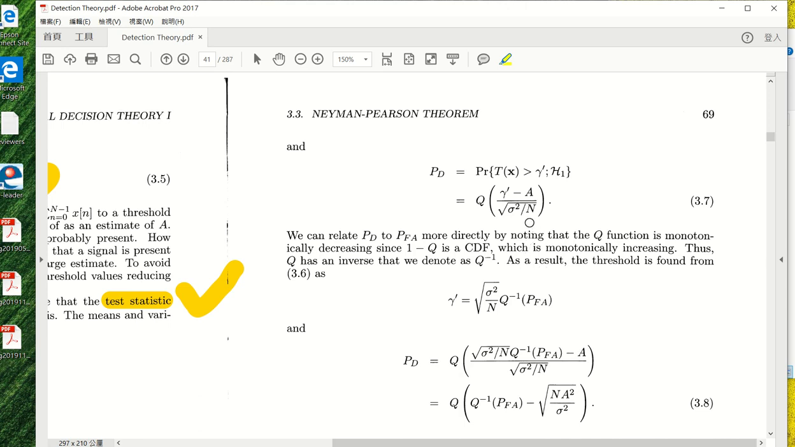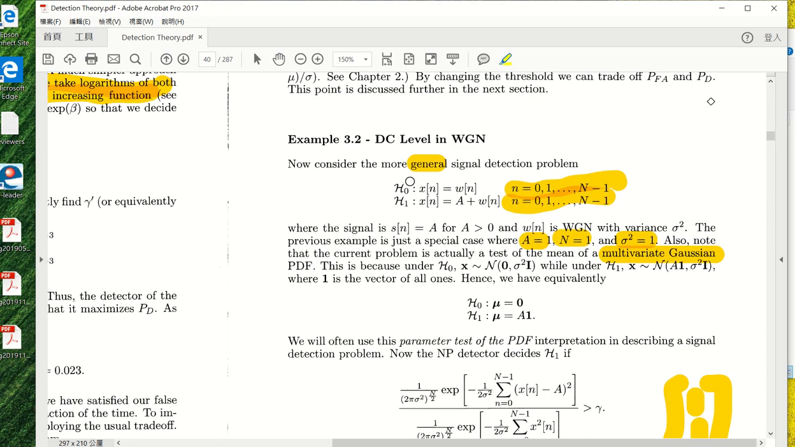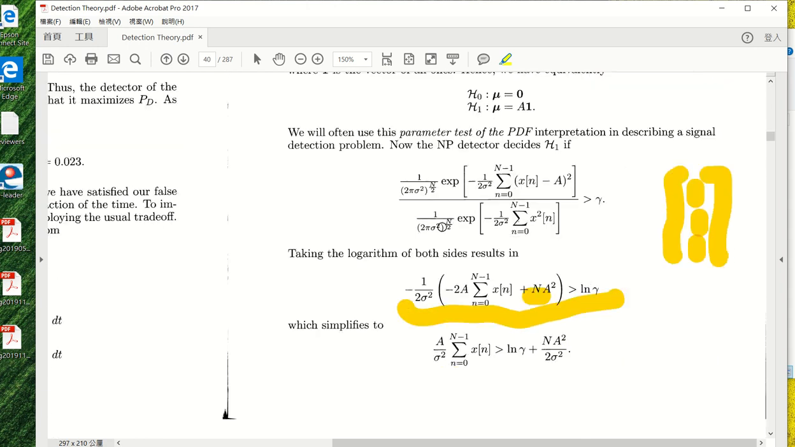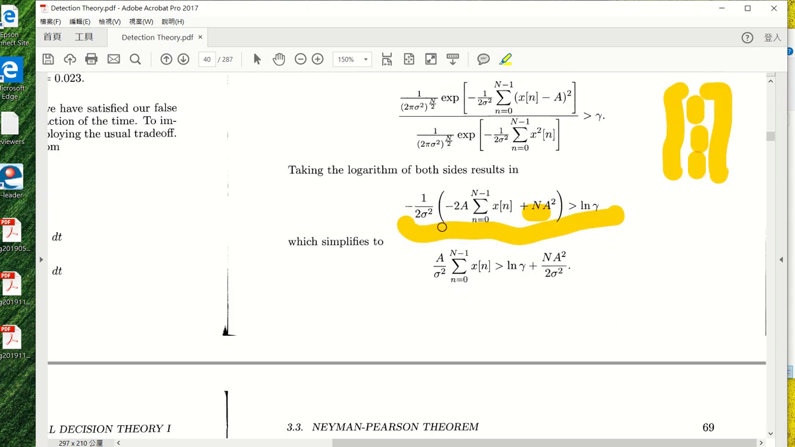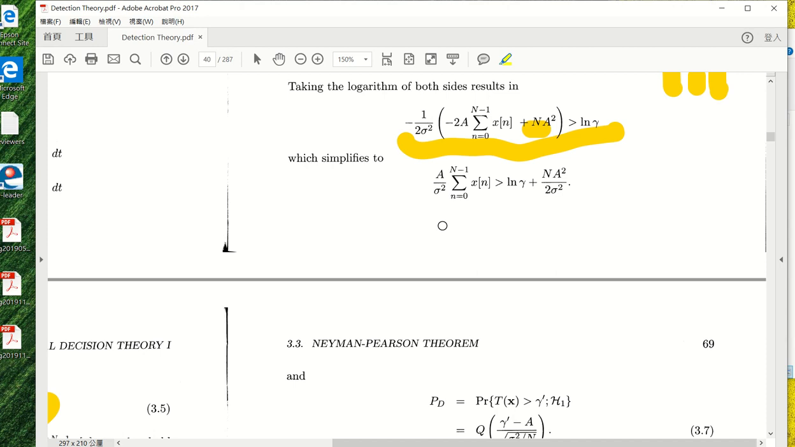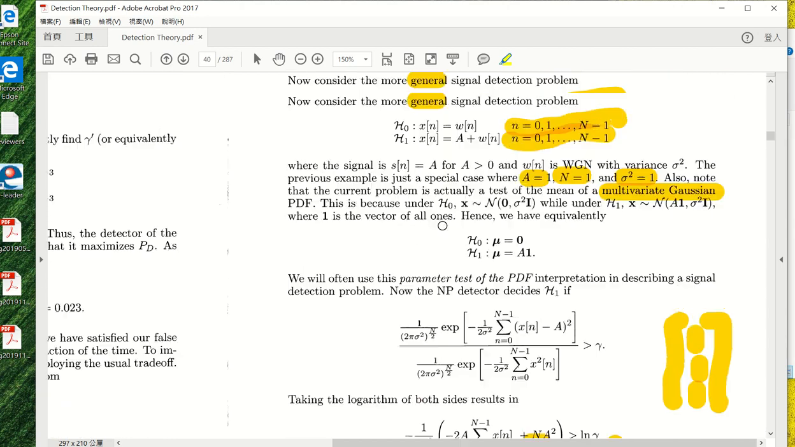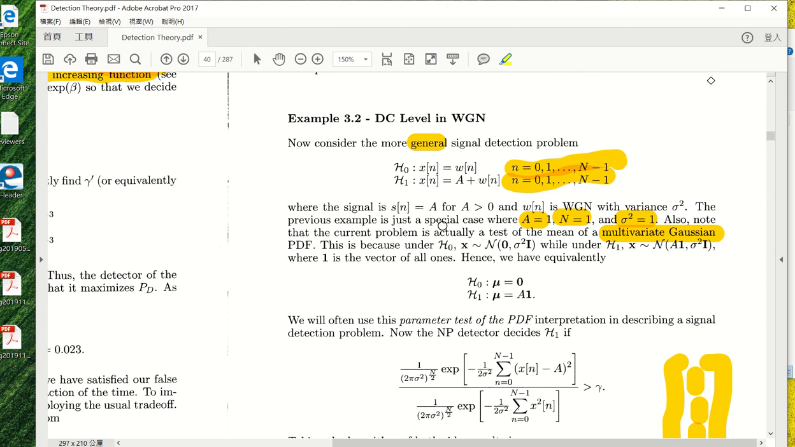Okay, so let's come back to our class, our discussion for the PD and PFA. So I think this example at the beginning looks simple, right? You have no signal and you have a signal. It looks simple. And yet, after we do the mathematics, it doesn't look very simple, right? It doesn't look as simple as we thought at the beginning. So now you start to get a better understanding of